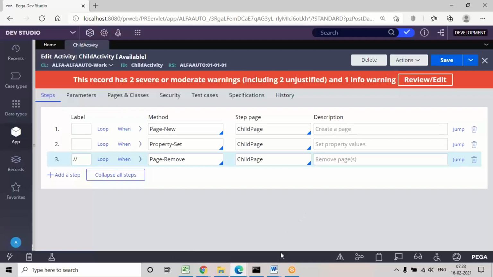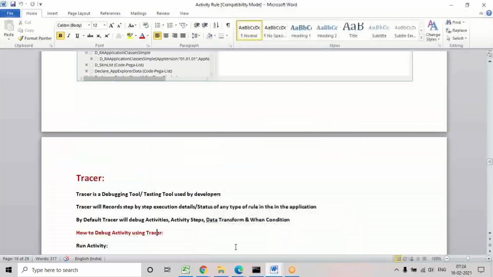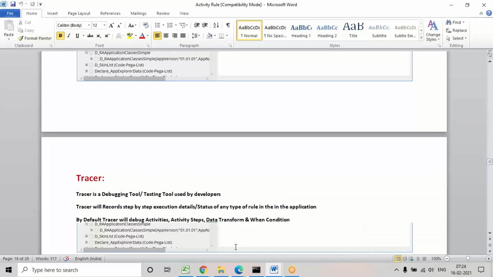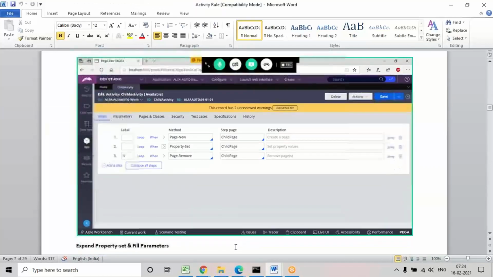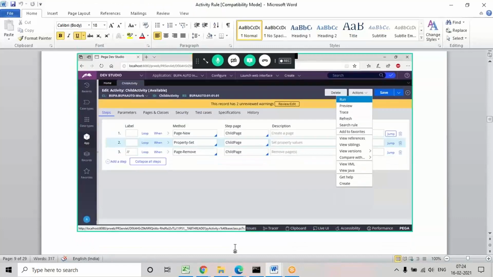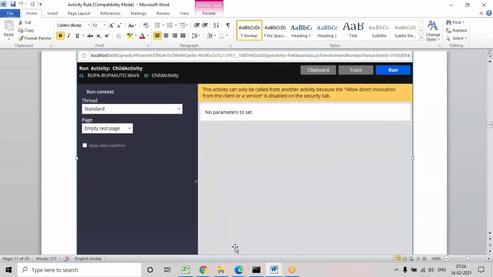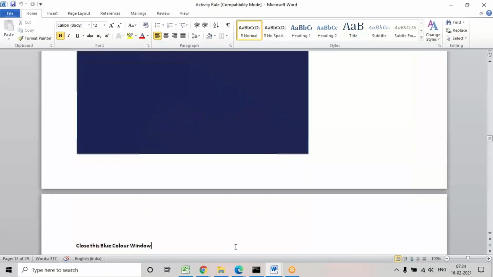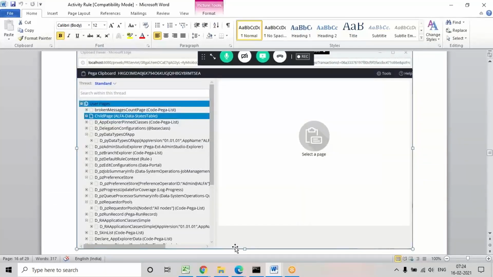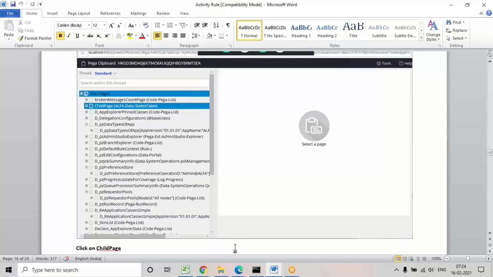So whenever we create activities, this is just a basic introduction. When we create activities, we'll be debugging using the clipboard and tracer. With the clipboard, first click on run and then open the clipboard. In the clipboard, server level debugging is performed, where we can see the values under the user pages.